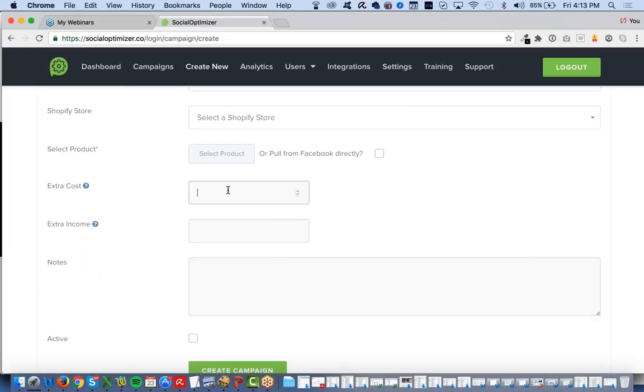Cool. Now we add our extra cost. Extra cost is the cost that it takes for you to actually service this good. So, for example, this is your shipping cost. If you're working with a business that has some sort of distribution for a product, they should have a number of how much each product costs. So, what's the cost price of this? If you're shipping a good, it might be $10 to ship from China. Most of the time these days, when you're drop shipping a good, it's actually free. So most of the time, I'd say you'll probably be entering zero because of the type of business that you are. If you're in another type of business, you might enter a different amount.